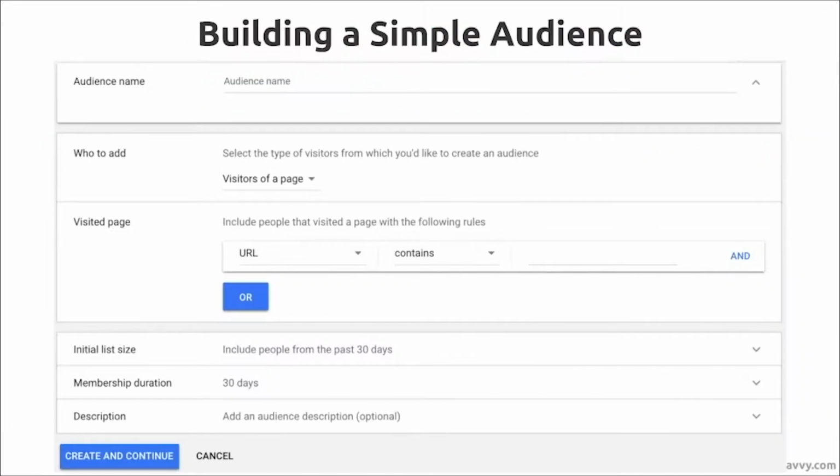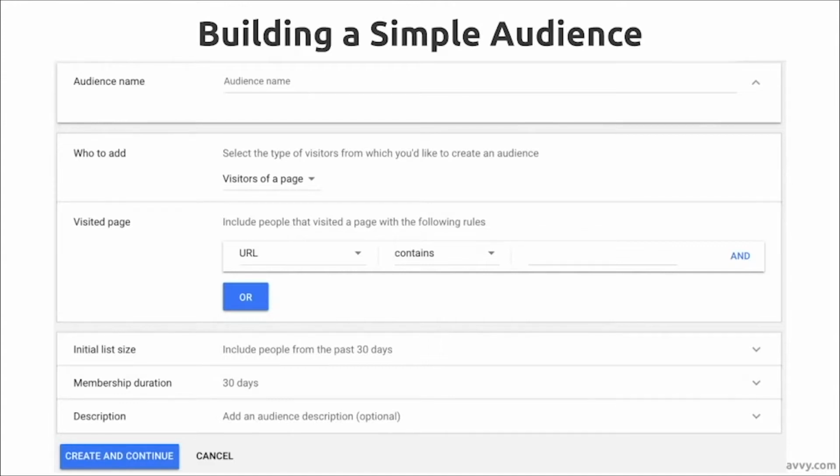Now you need to build at least one audience. So a remarketing list or a remarketing audience, it's the same thing. I'll use those terms interchangeably. And you can see here, give it a name, and then you say people that go to this particular page. So people that go to my Windows section of my site, I'm going to build an audience of people that visited, you see here, URL contains, people that visited all of the pages that contain the word Windows. Or if I wanted to build a remarketing list of people that bought from me, URL contains success or congratulations or receipt page or whatever it is,